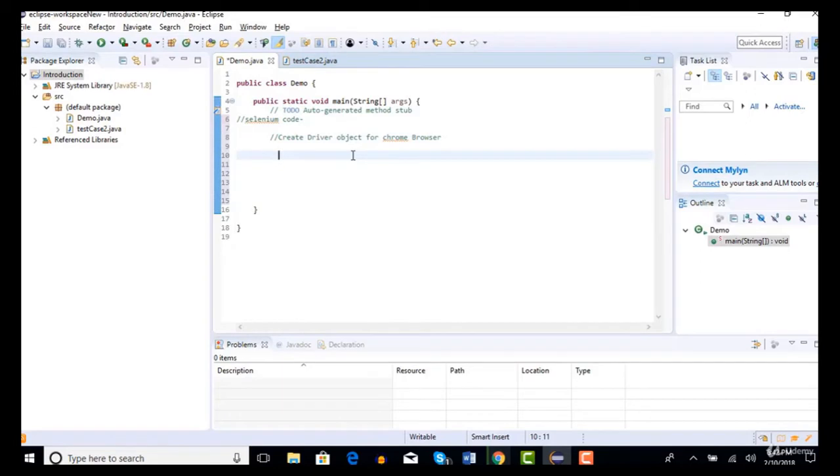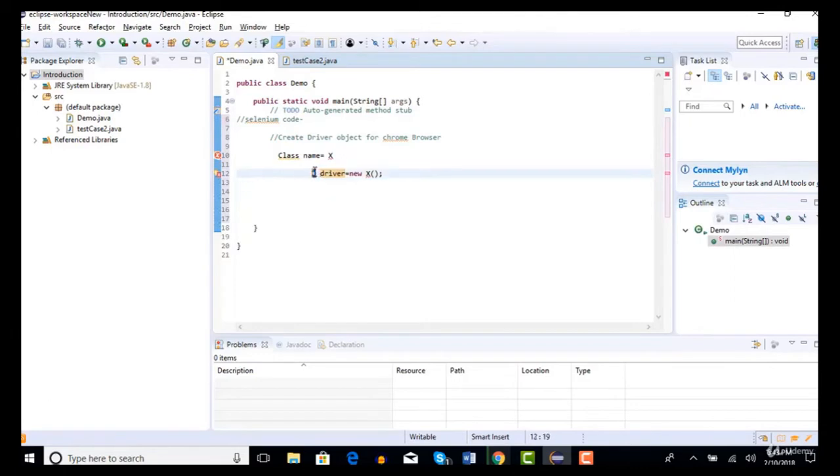If you have any class, let's say class X, and someone asks you to create an object for class X, then this is the syntax: X, then give an object name, which is driver, equals new X. Okay, this is the syntax to create an object called driver for your class X. This is how Java defines creating an object for any class.